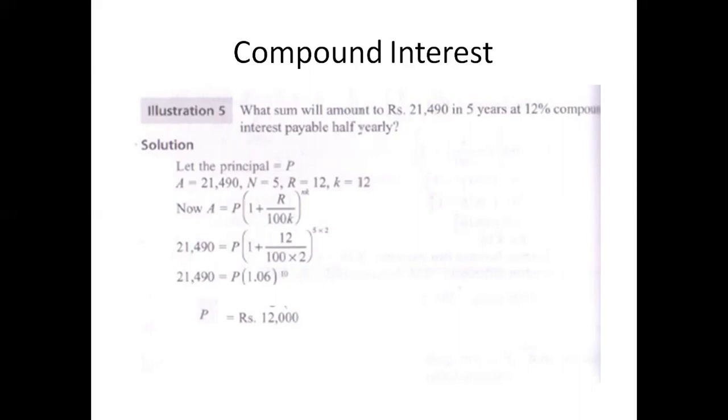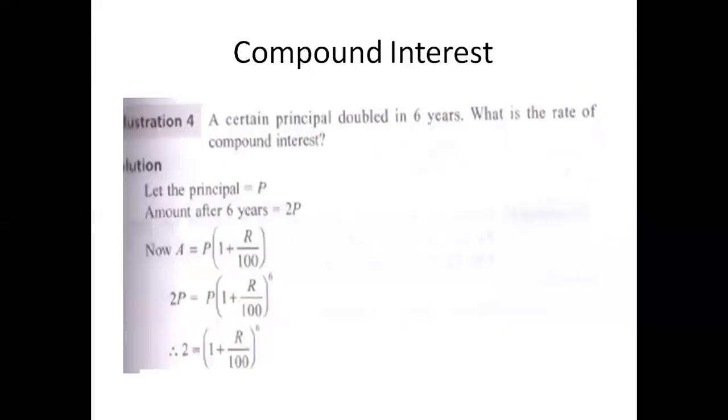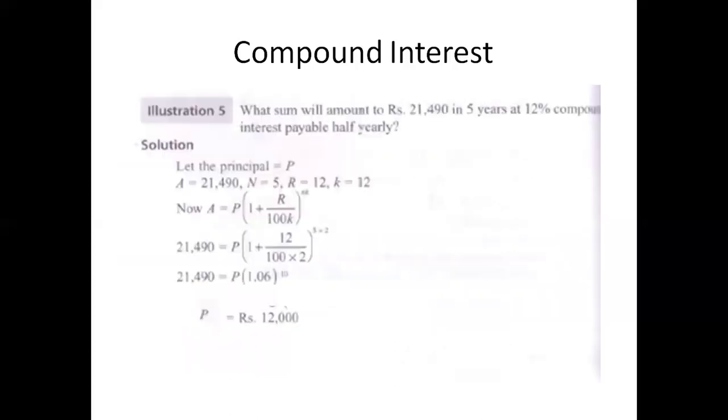So previously we had the formula as A is equal to P into 1 plus R by 100. Now, however, as we are paying the interest half yearly, we are paying interest for 5 years. So how many times are we paying the interest? That is 5 into 2, or 10 times. Now, since we have A is equal to P into 1 plus R by 100K to the power of n into k, or 21,490 is equal to P into 1 plus 12 by 100 into 2,